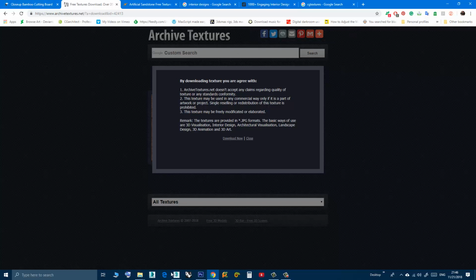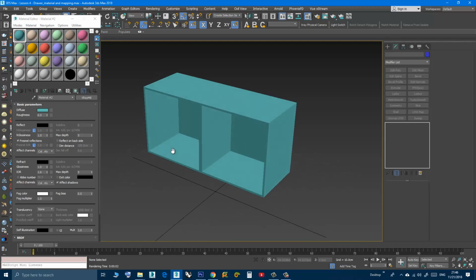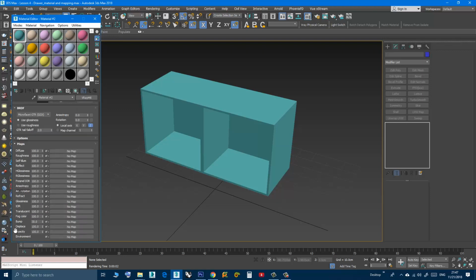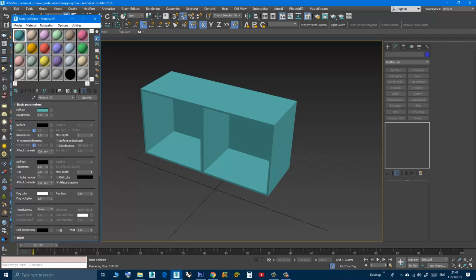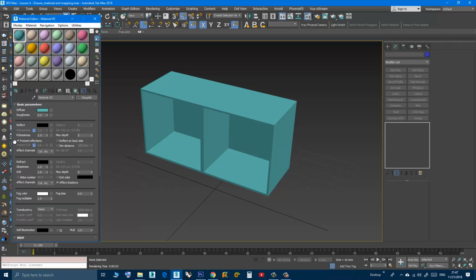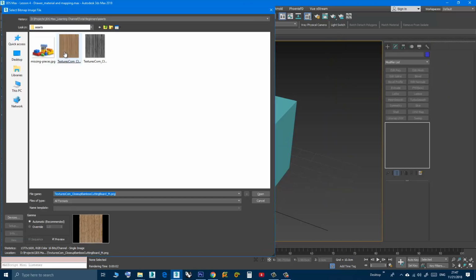So let's go back to Max. Now to add a texture, the first element of our material, the first property, you click this button, and by the way, if you go down here, you have maps. It's the same as this button. All these shortcuts, you can see them here below. These small buttons are shortcuts for those. So click on this button, then here in maps, general, double click bitmap, choose the texture,